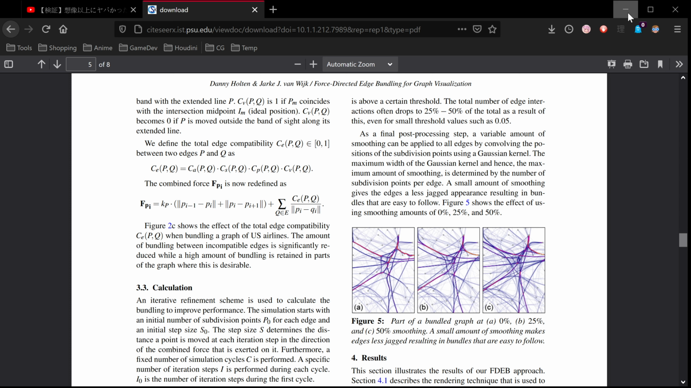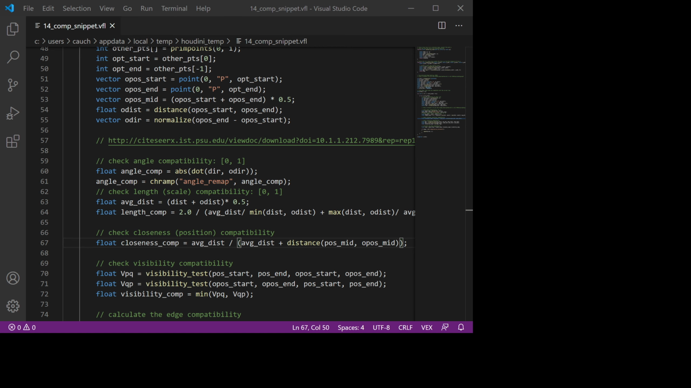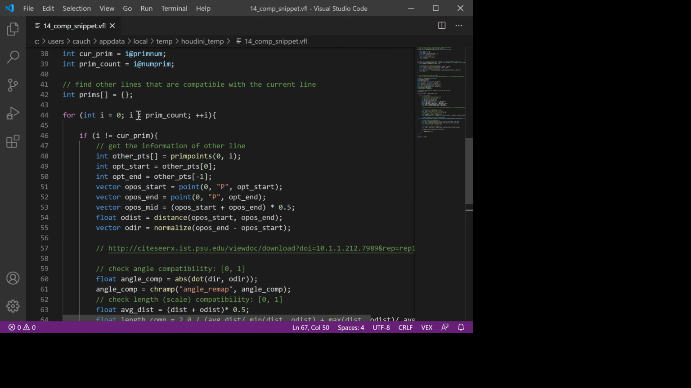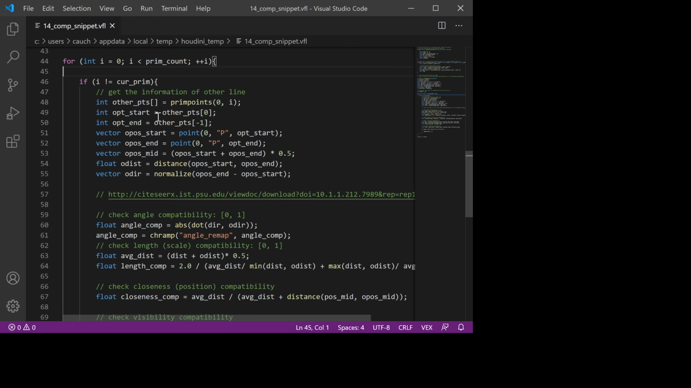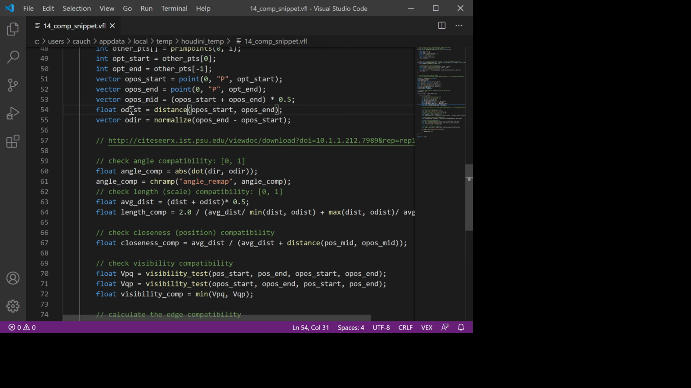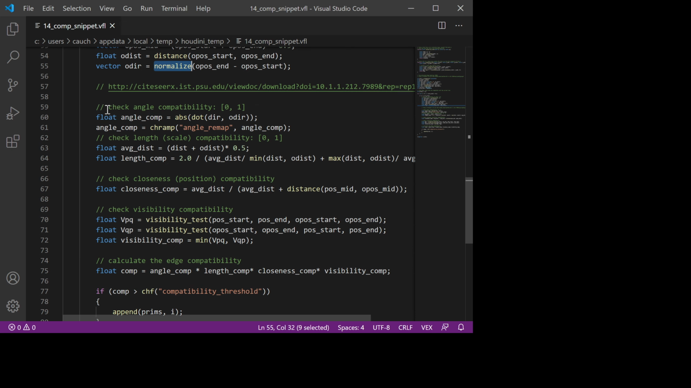So we store the compatibility. Let's see the code here. Basically, we just loop through every one of the primitives, and we don't want to measure the compatibility with ourselves. We measure with other points, so we sample all the points of the other primitive, the line, so we call the primitive points and get all the points on the other line, and then the start point, the end point, and we just calculate the other line's distance, the length and direction, whatever, and then just use the math inside the paper to